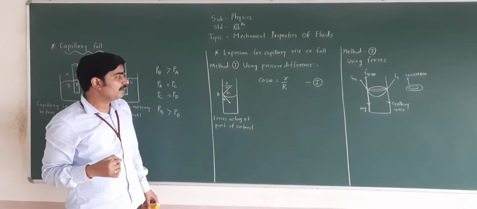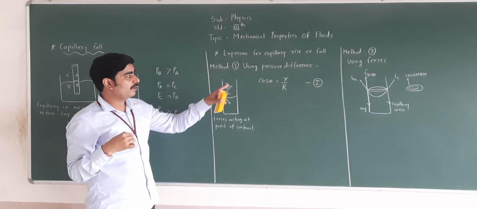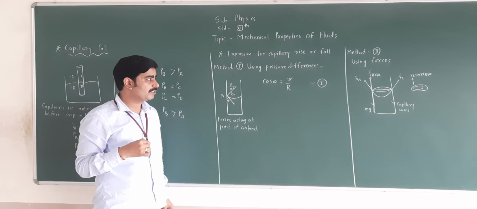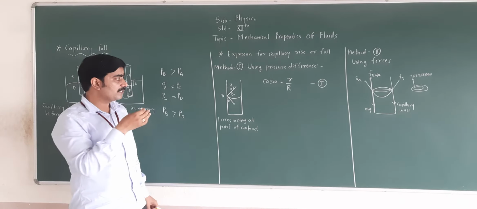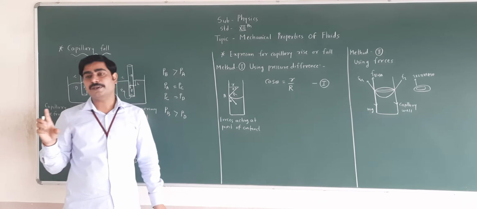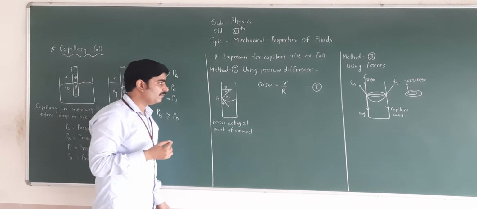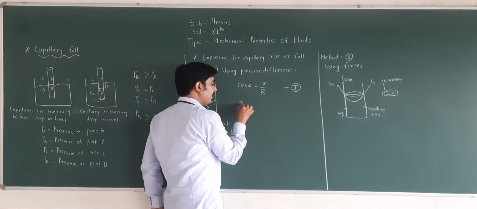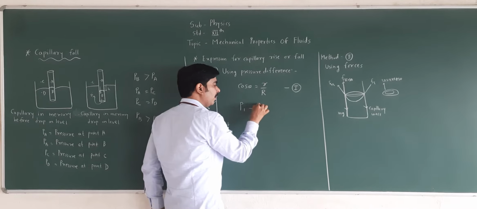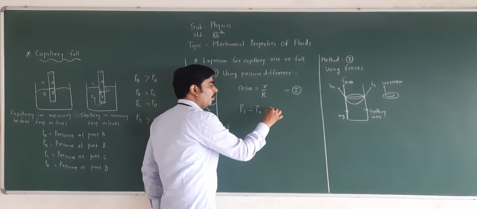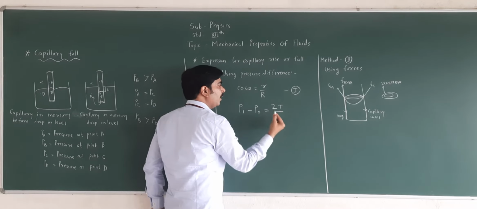Okay, so if I want to write the value of small r and capital R, then I can take it from this equation. Before this, we have studied one equation, that is the pressure difference. So the pressure difference Pi minus P naught for the liquid drop is 2T upon R.